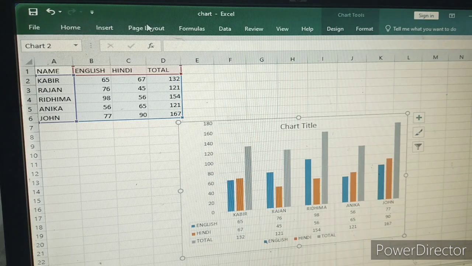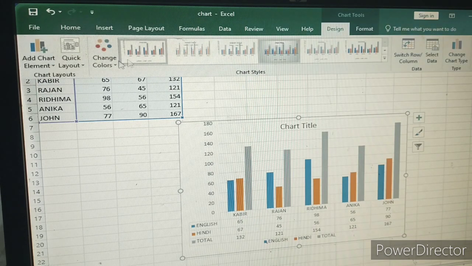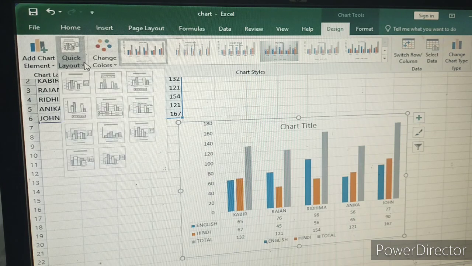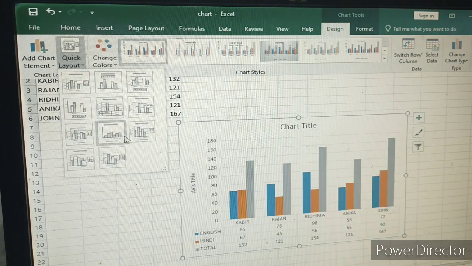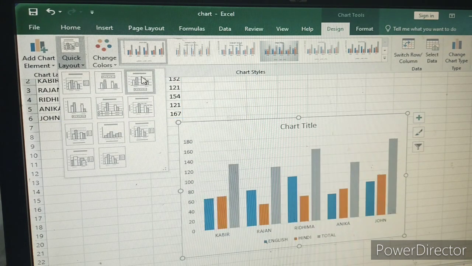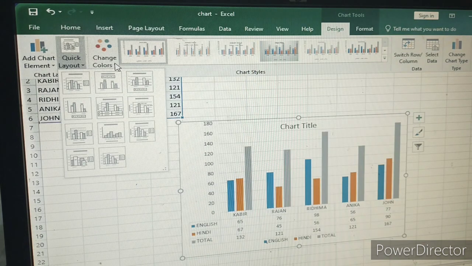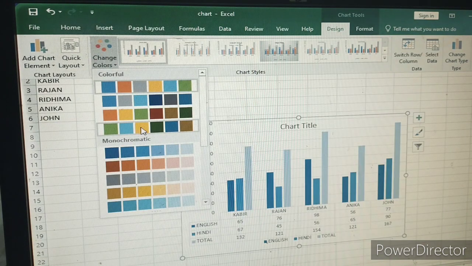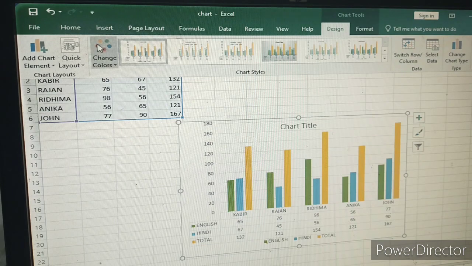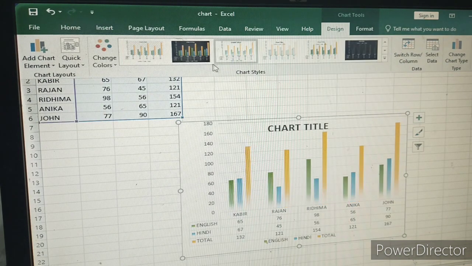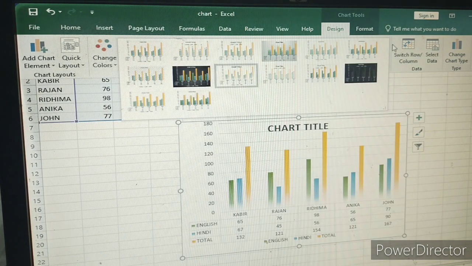Okay. Next, Quick Layout. Here we can change the layout of the graph, and this one is Color. With the help of this color box we can change the color of the graph or chart. And these are the different designs of the chart. Whichever chart we have selected, it gives the sub-charts of this type.